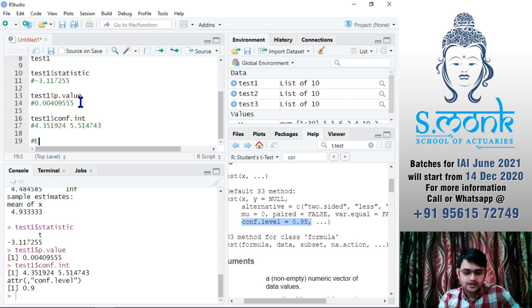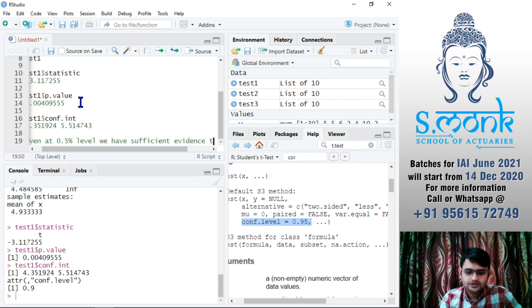So I'll say even at 0.5% level we have sufficient evidence to reject H0.